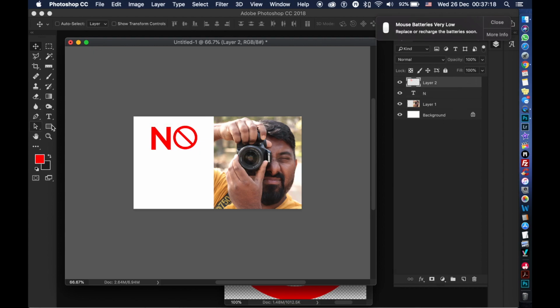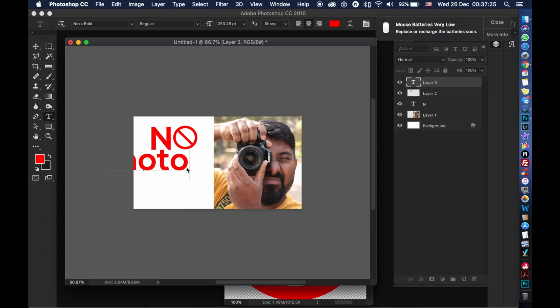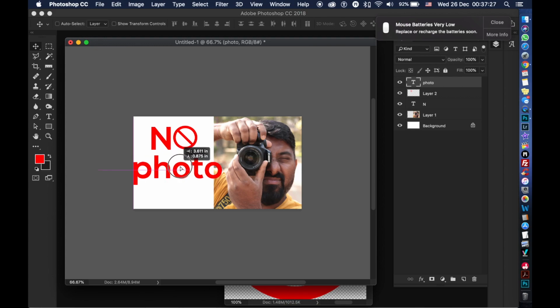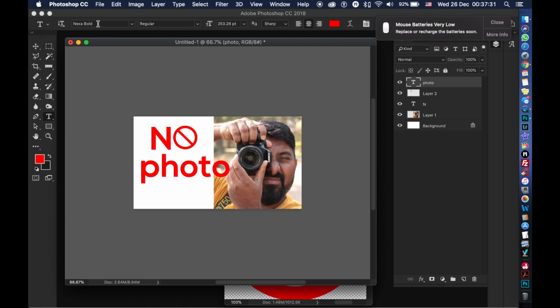Alright, so now I want to again take the text tool. I want to write here "photo shoot". So I want to write here "photo". Take the move tool, move it wherever you want. Now go to the text tool. I want to change the text to Bevas